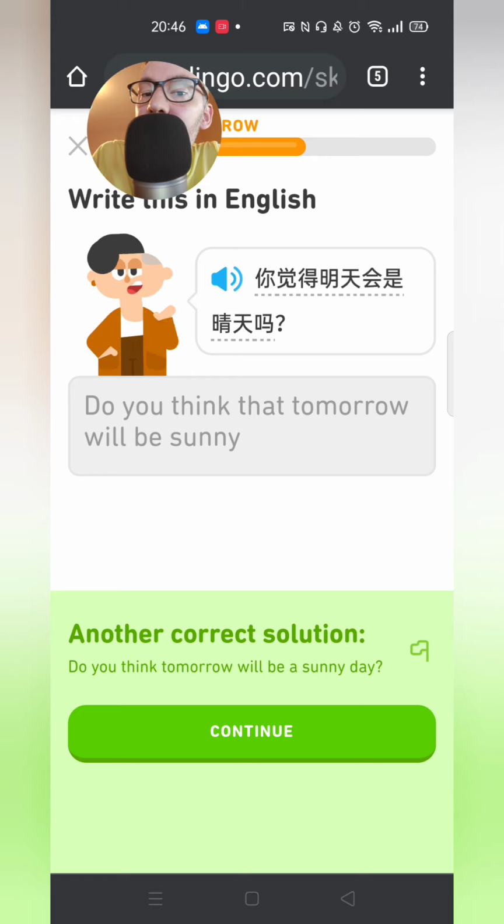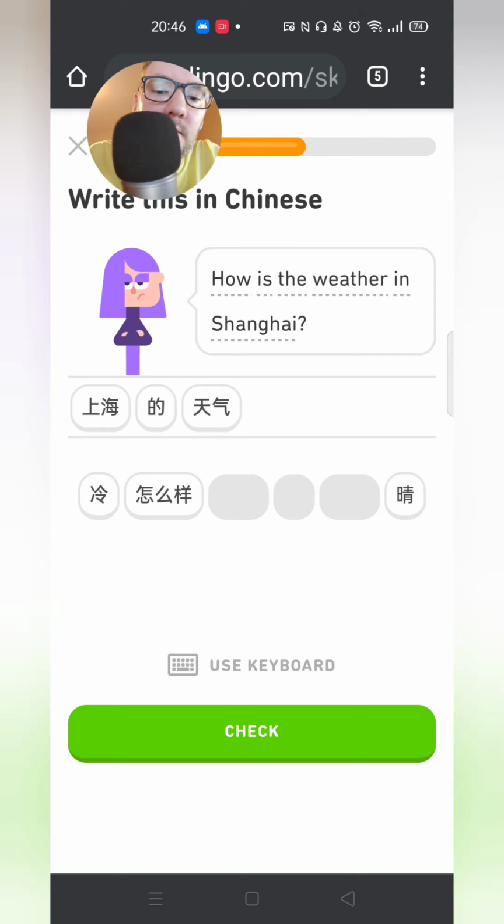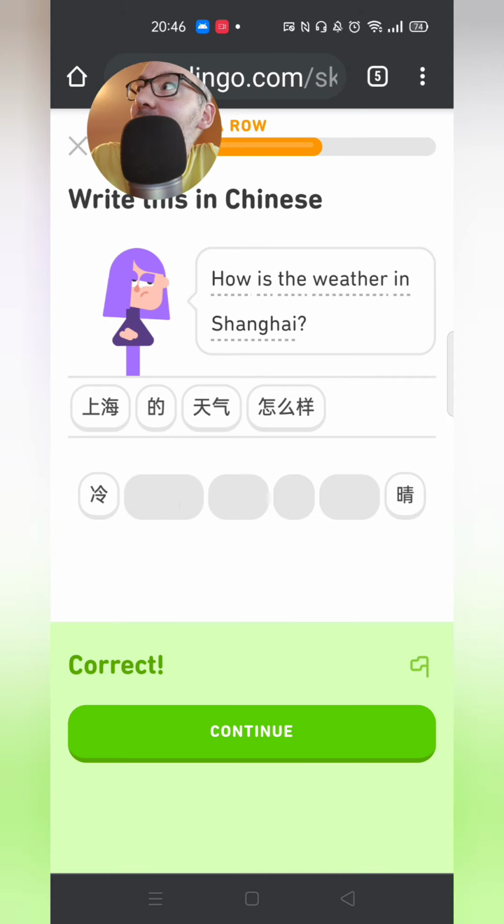There's a pretty bird outside the window singing. 你觉得明天会是今天吗? Do you think that tomorrow will be sunny or a sunny day? How is the weather in Shanghai? 上海的天气什么样? 怎么样? Hello, birdie. I don't know if you can hear that. It's just outside the window. 上海的天气怎么样?